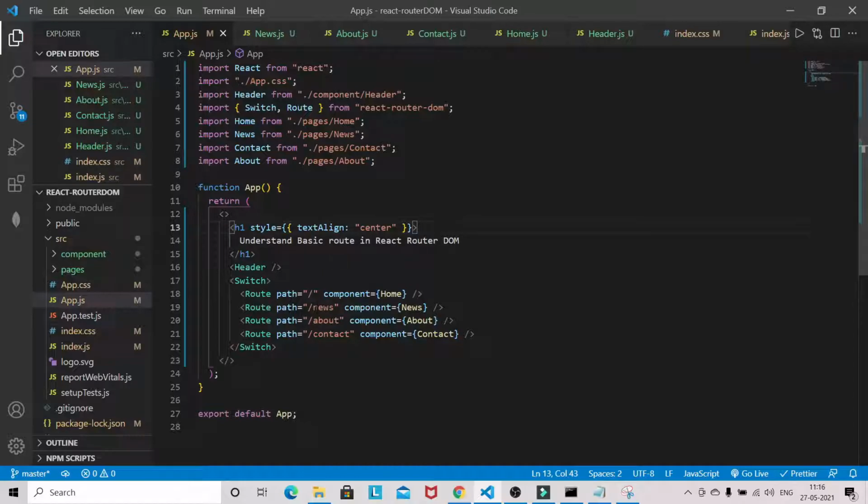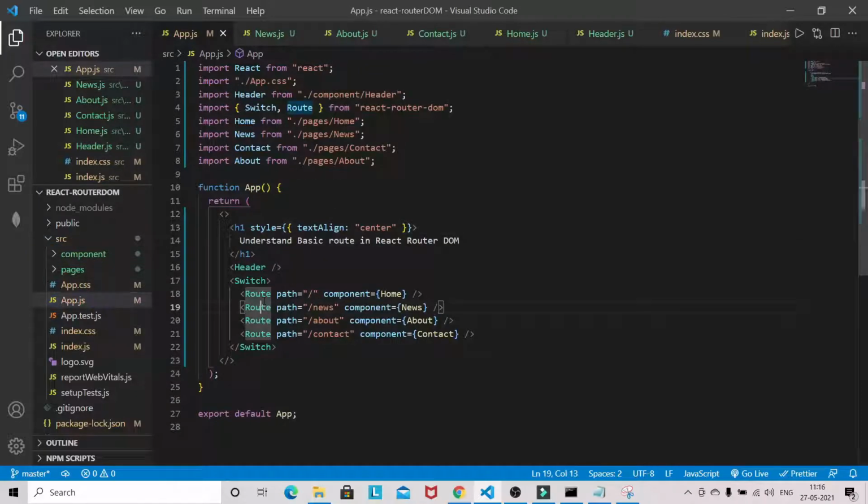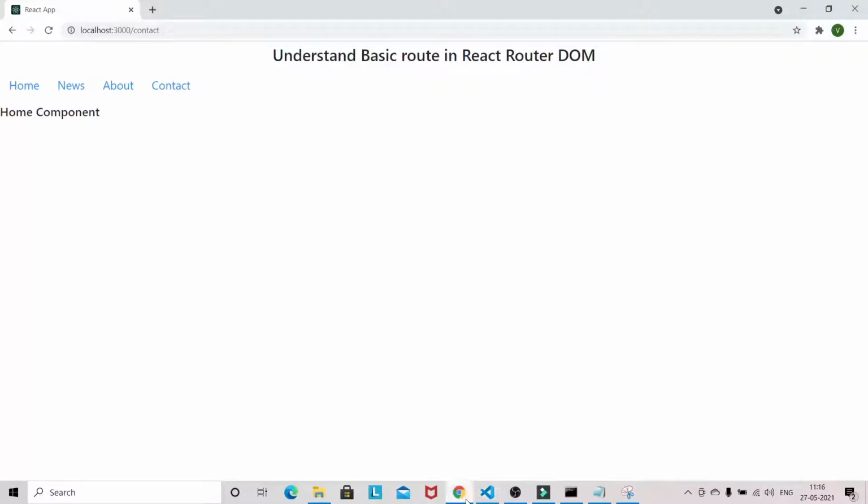The paths are the same as I have mentioned here, so these paths are the same with respect to the route. Let's see one by one. I come here, but it's not working. It's still showing the home component.